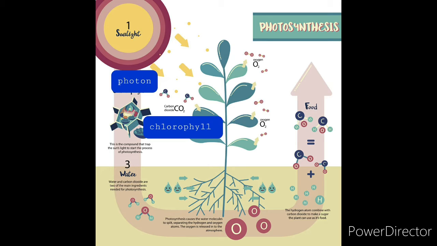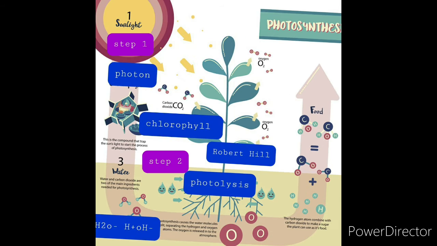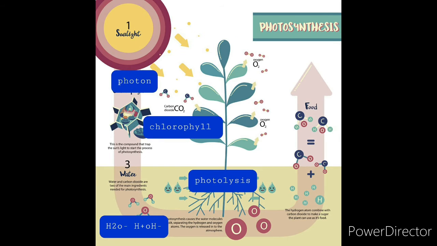What will it do? The water molecule, whatever is there, it is split. Then in phase 2, what will happen? The water molecule is split into two components. One is the hydrogen ion, another one is the hydroxyl ion. Here the two components are formed. This process is called photolysis. As the splitting of the water molecule takes place in the presence of light, it is called photolysis. Photo means light, lysis means breaking. Breaking the molecule in the presence of light is called photolysis.